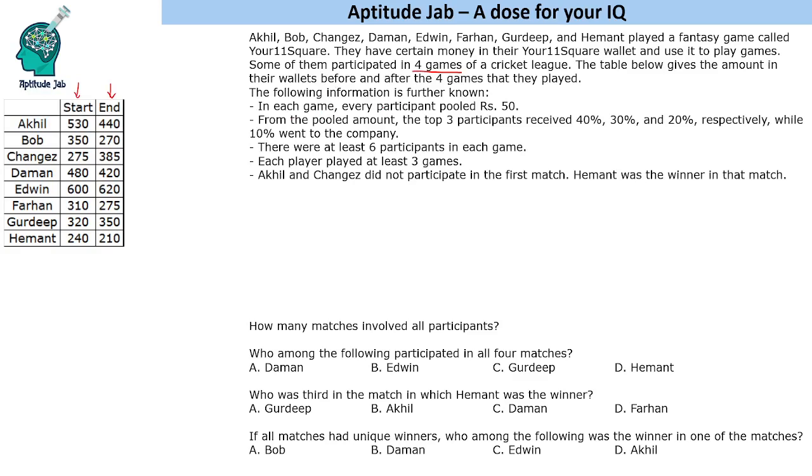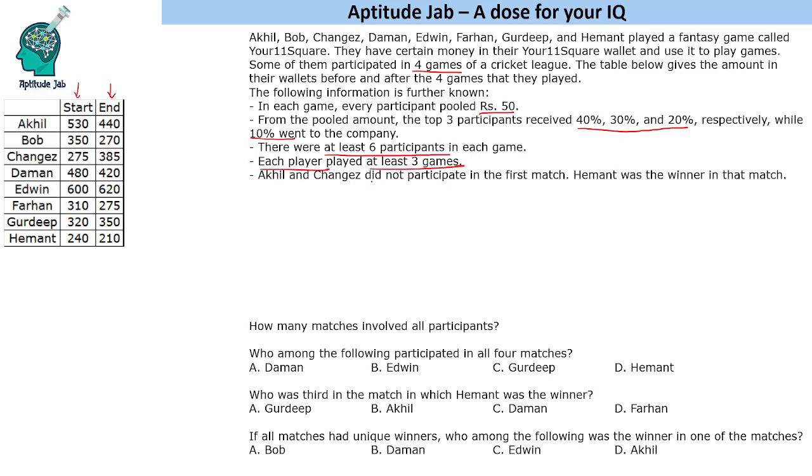In each game, every participant pooled rupees 50. From the pooled amount, the top 3 participants received 40%, 30%, and 20% respectively, while 10% went to the company Your 11 Square. There were at least 6 participants in each game, so there are 8 people, so minimum 6 will participate in each of the games. Each player played at least 3 games,